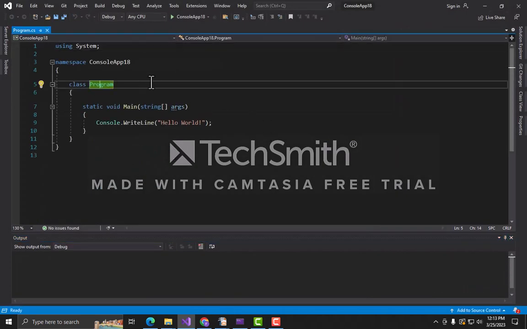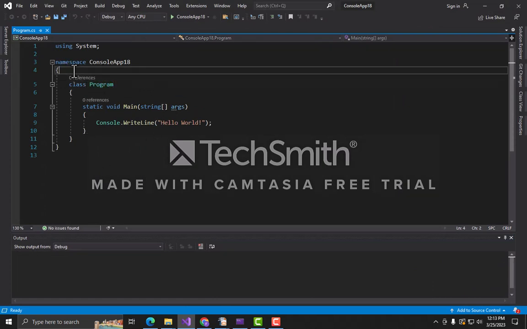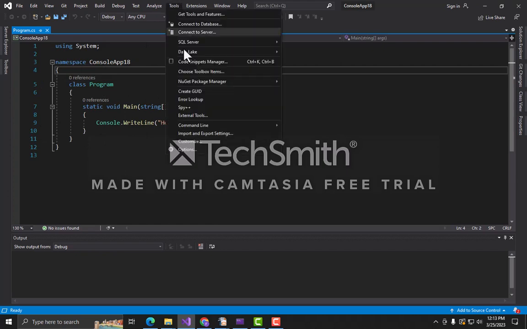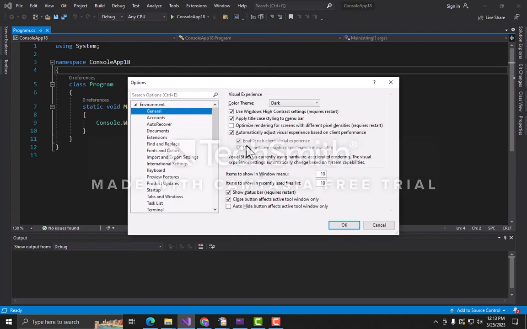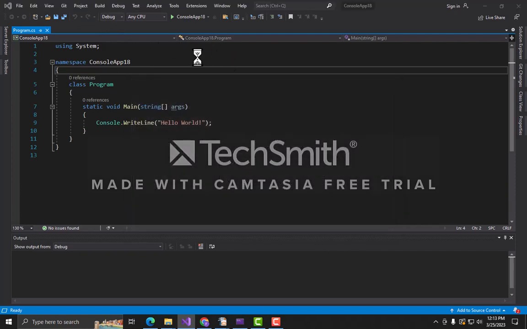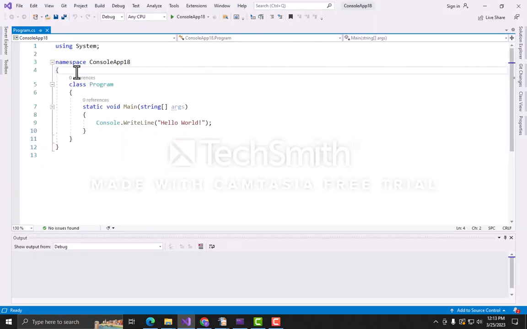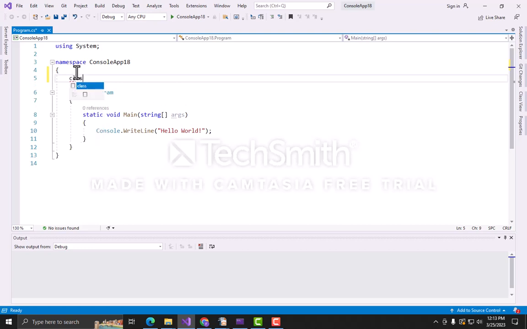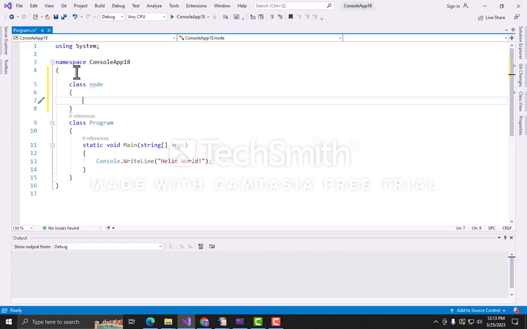Okay, once you have created this console application, you have such lines of code in it. I'm changing the theme just to view it more properly in a light shade. So first, as we have discussed, we need to create one class, named Node,